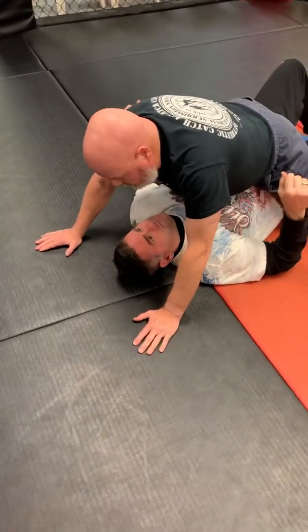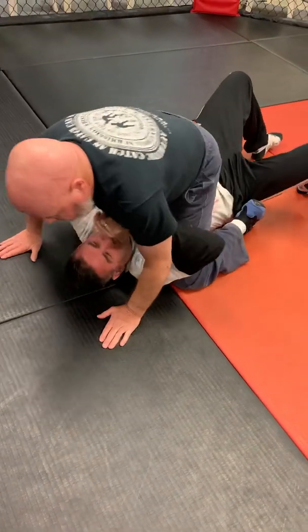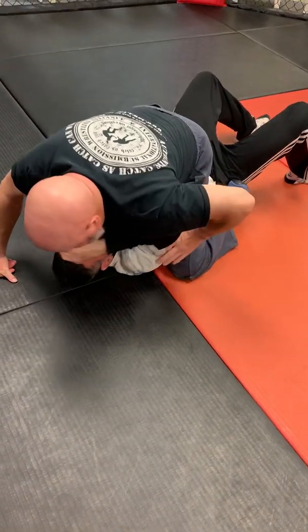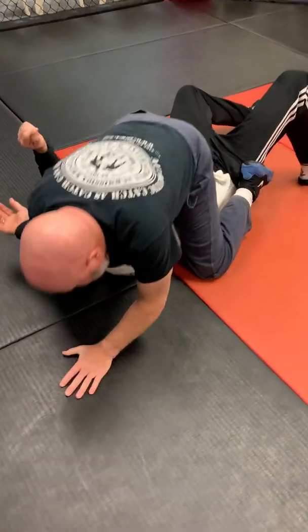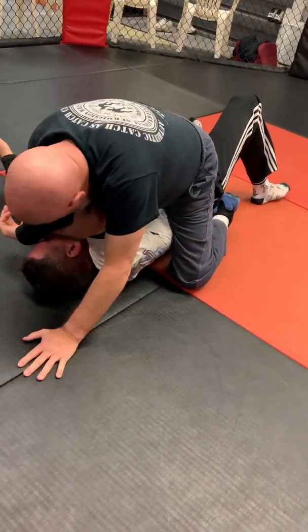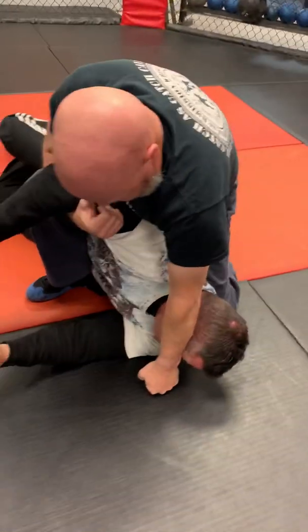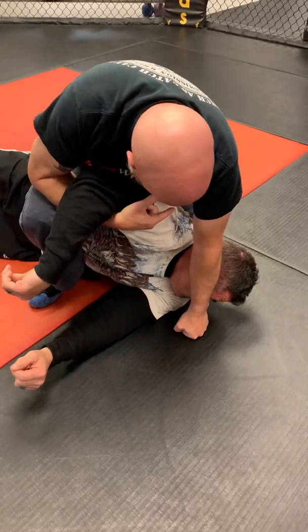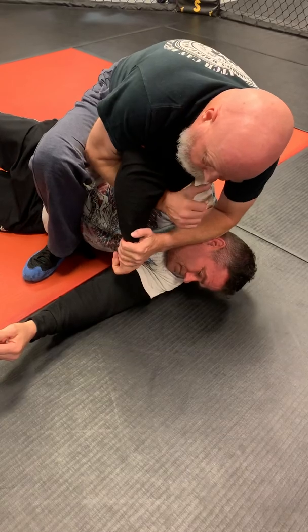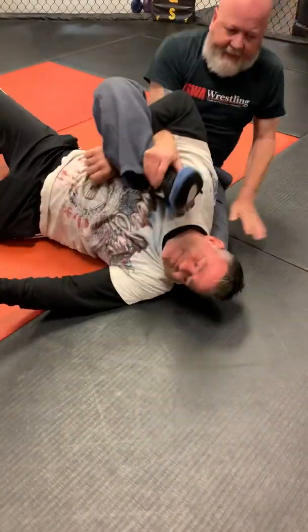I want to, when I get the opportunity, maybe his hands are up, he's trying to trap my arms, or for whatever reason, I slide right up into the high mount, immediately I trap this. One of the best ways is as I slide up, push it, and catch it. Post here. From here, I set my weight on him, my elbow is in his jaw, and I switch this, I drive down, and I pull him up. My knee goes behind his shoulders, back here. From here, elbow on his face, grab the wrist, step across and trap it with my leg, grab my own ankle. I pass his head,